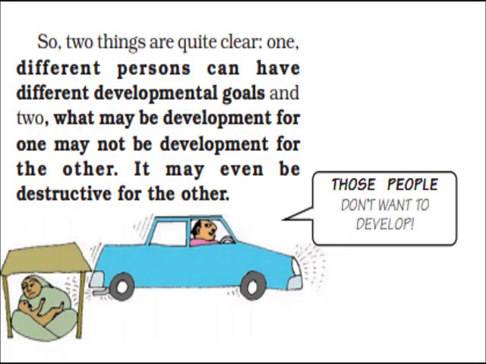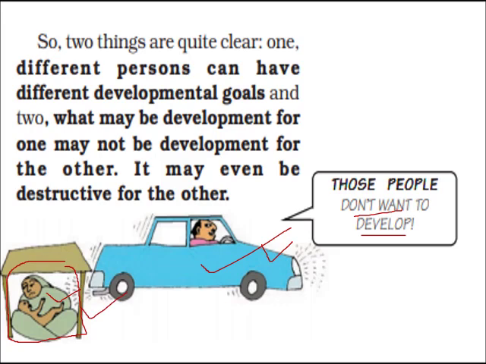Again, in this picture, you can see this man sitting in the car. He is just saying that those people don't want to develop. Arey bhai, the condition is that you are sitting in this car and honking around. But the condition of this poor mother is totally different, just like earth and the sky. She does not have enough milk even to feed her child.